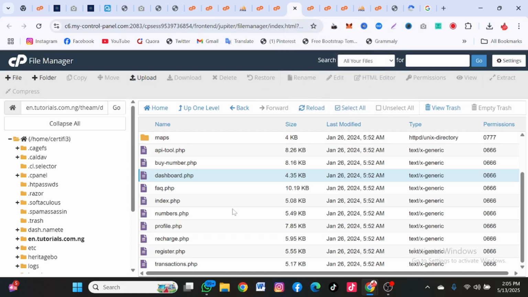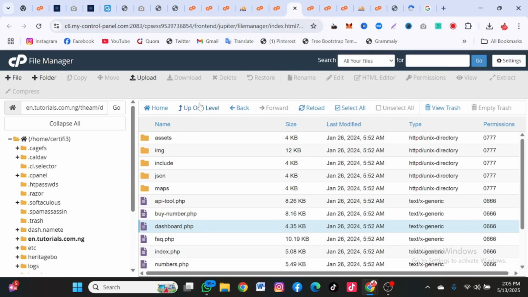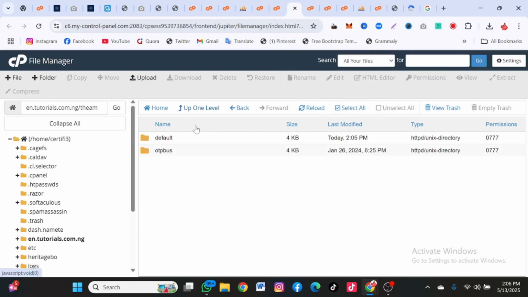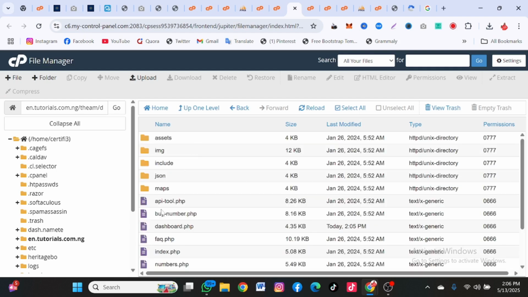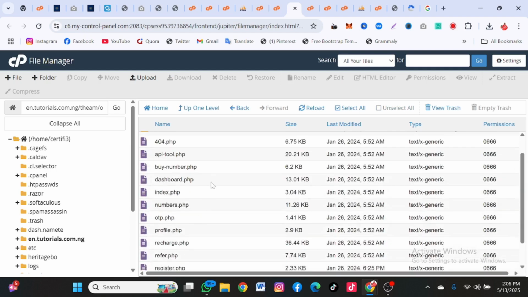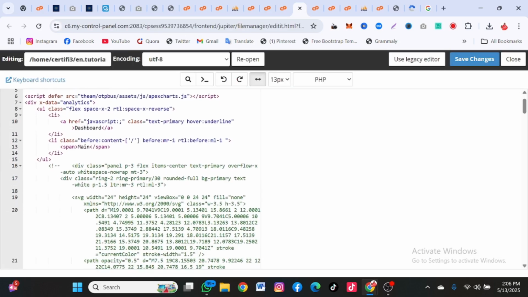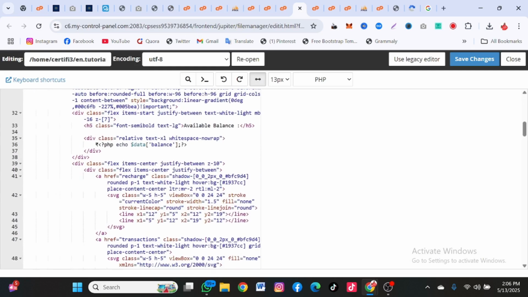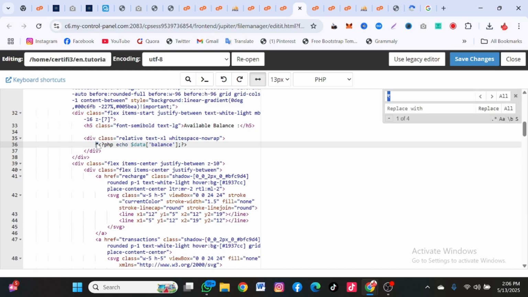I'm going to do this for all the parts that are open for the user side and the admin side. Both sides you're going to do the same thing, just change the currency to fit your currency. As you can see, I'm going to do Control H